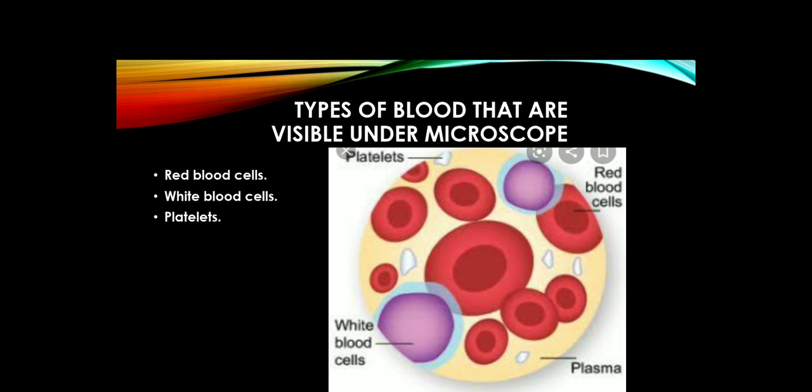So if anybody asks you in your journal, there is a question, if you put 1 drop of blood under a microscope, what cells can you see? You can see red blood cell, white blood cell and platelets. Understand? You look at the picture: red blood cell, from the name you can understand it is red in color and disc shaped. White blood cell appears some white and some purple in color, and the platelets are having some projections. You understand? Okay. So we will go to the next slide.